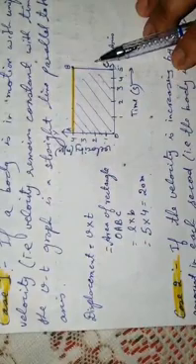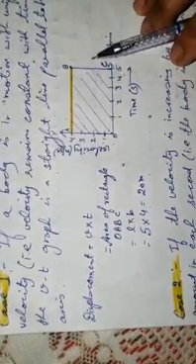Now coming to the velocity time graph. Second is our velocity time graph. In the velocity time graph, again time we will take on the x-axis and velocity we will take on the y-axis. And from this graph we will determine the displacement of the body in a certain time interval. Here also it is divided into two cases.